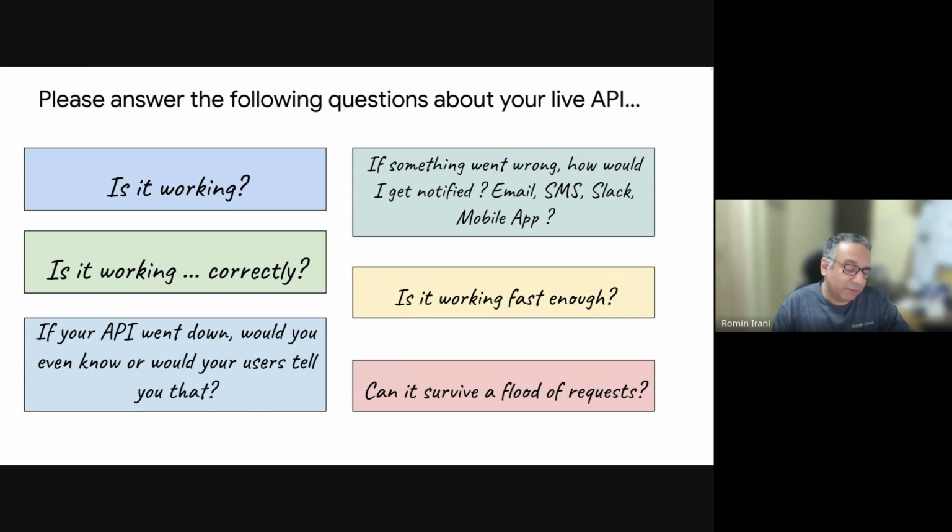Maybe, can it survive a flood of requests? These are just a fraction of perfectly valid questions that should have been asked by you in the first place, rather than by folks who want to be using your API. If you can't answer questions like this about any application or any API, any service that you're going to be hosting,